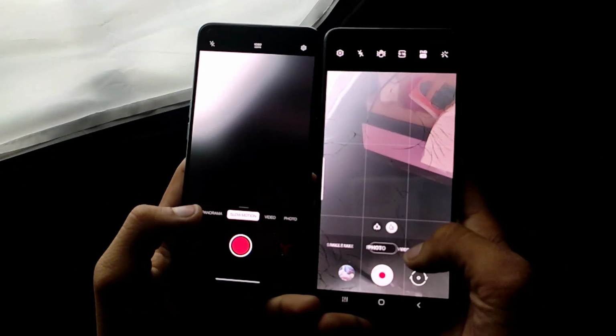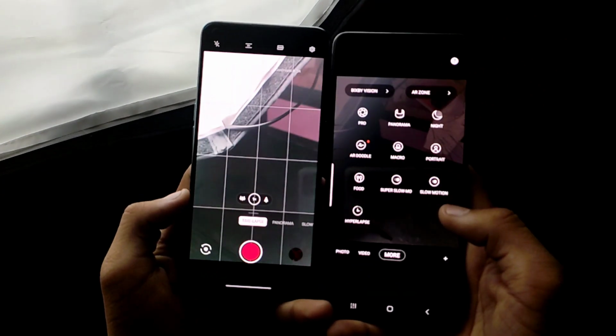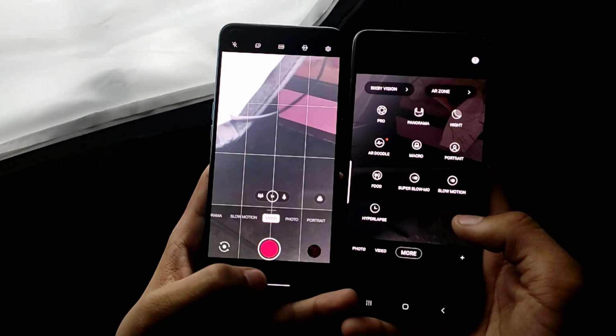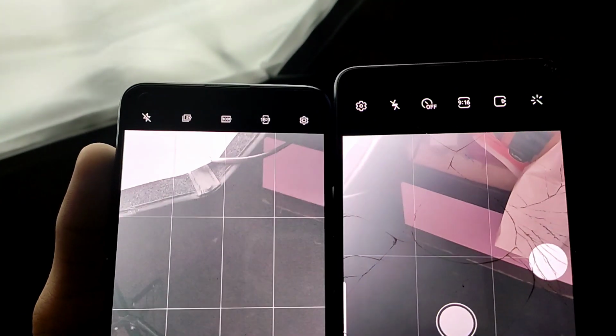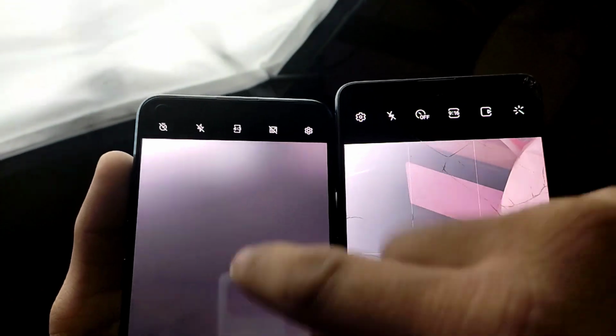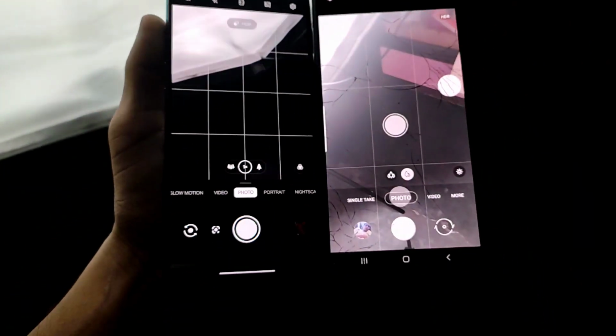So I really like the UI of OnePlus, and OnePlus has more features than One UI. A common man can easily use the camera UI of both OxygenOS 11 and One UI, because these two UIs have a simple and dynamic interface in the camera application.